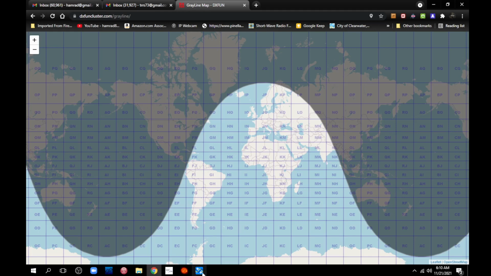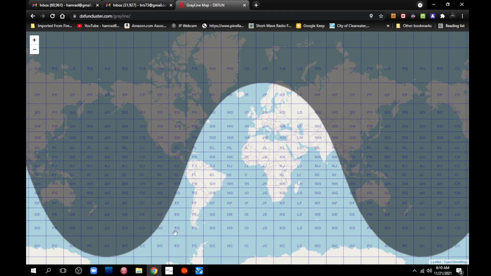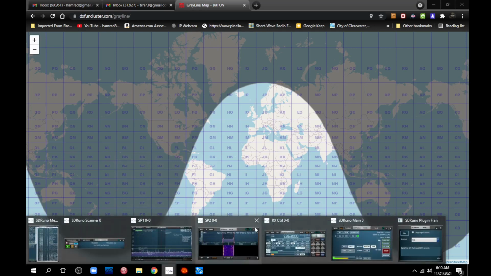And this is the bad news. Solar flux index. As you can see, it's on a trend where it's rising. We want it above 100, and it was above 100 for a couple of days back in October, but now it's down here in the 70s, maybe 80. So that's killing us. So let's close that for a moment, and then we'll go back to this, and I'll tell you what progress